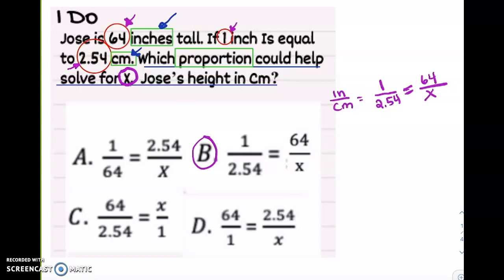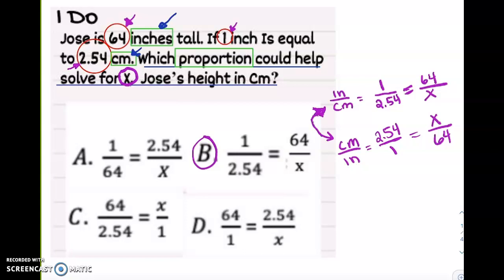Another way that we could have written this proportion is by putting centimeters on top. If we start with centimeters on top and inches on the bottom, then we would have to flip the order in which our proportion is written. So therefore 2.54 would be on top, 1 inch on the bottom, x, which is the centimeters we're looking for, on top, and 64 on the bottom. So either this one or that one would be the correct way of setting up the